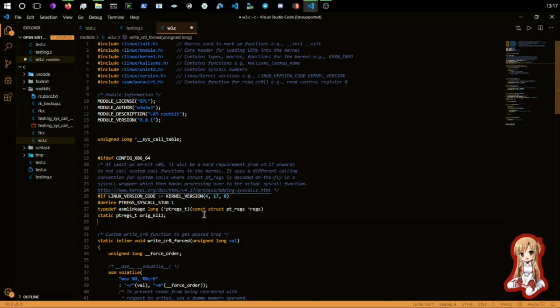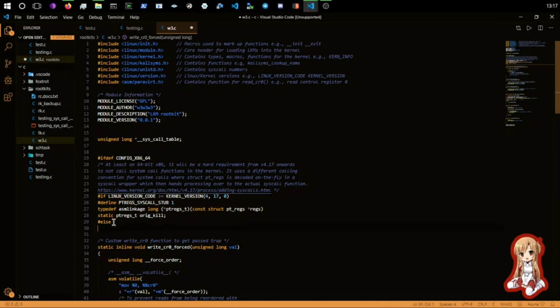So now that we've got that, we can do else. So if the Linux version is not equal to or above this, we won't do any of that, and we're going to do what we do below now. We're going to create a typedef again, asmlinkage long, except this time we need to create a typedef, a function pointer for each individual syscall, because as you'll see, they use the older version basically, and